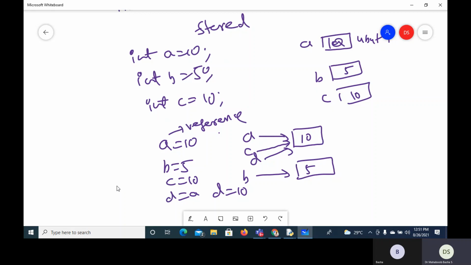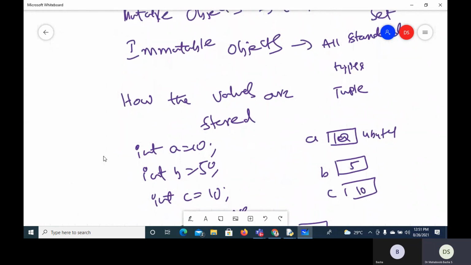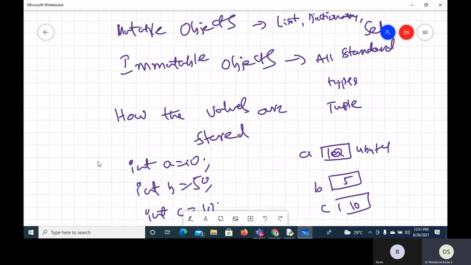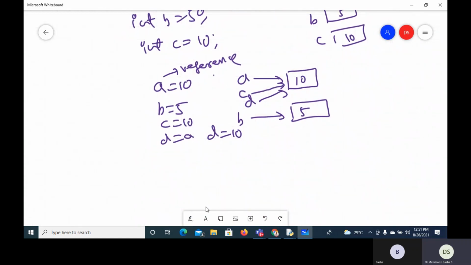The integers are immutable. For that matter, there are different mutable and immutable objects present in Python. The standard data types are actually immutable. So here integers are immutable. One important thing to note here is when I try to change a value, suppose if I say